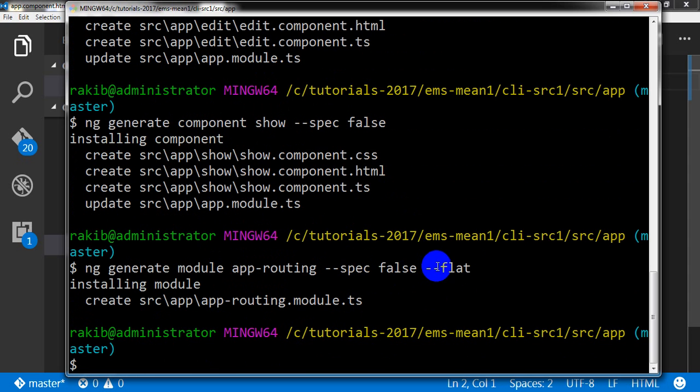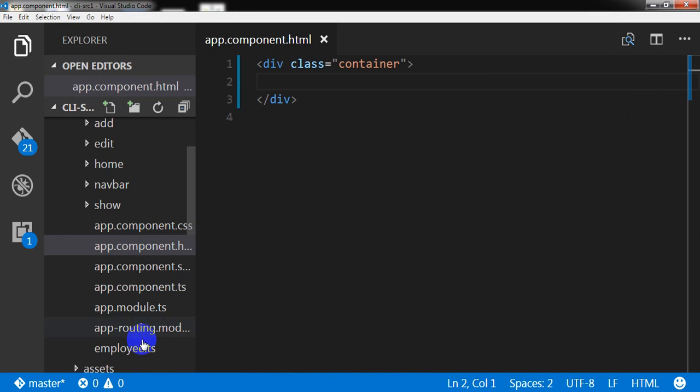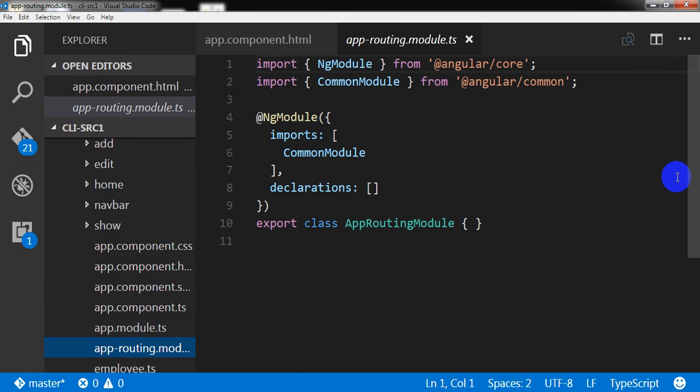Okay, I am using this flag to get it into the app folder because I'm not interested to get another folder inside this app folder to get this file. That's why I use this dash dash flat. And as I used spec false, so I did not get any spec file here. Okay, this is our app routing module,